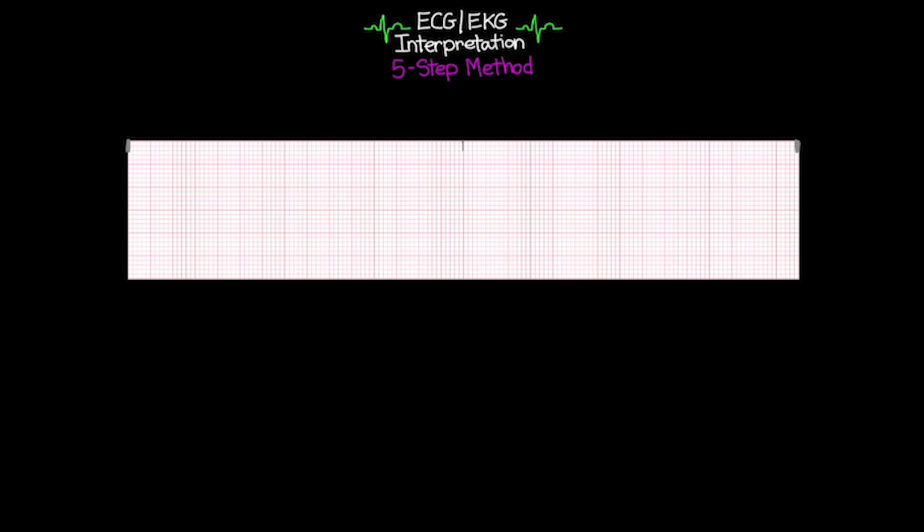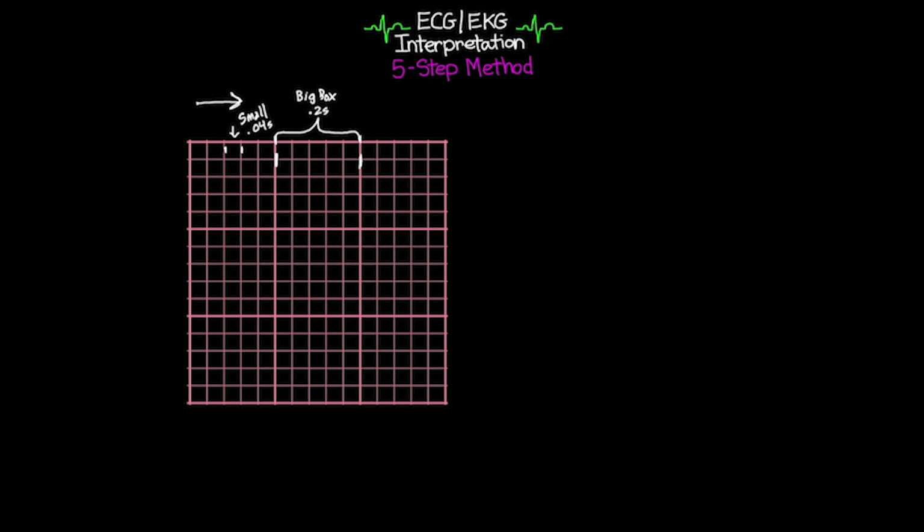Now this will come into play in a little bit and be important for you to know, but for right now just know that the time in between 2 of these big hash marks is going to be 6 seconds. All right, so now that we got that measuring part out of the way, let's go ahead and start